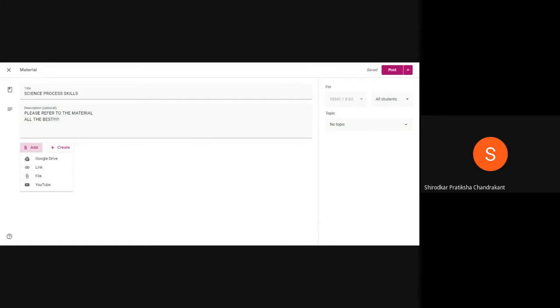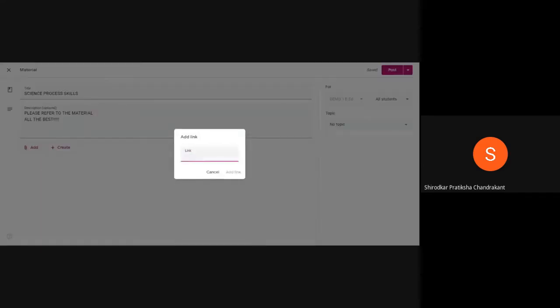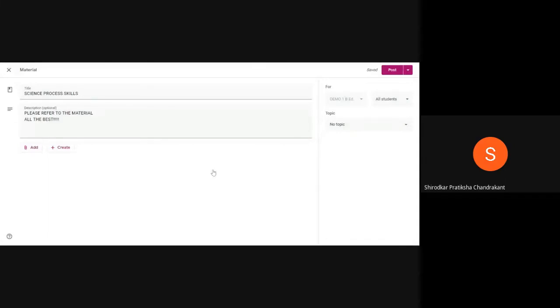Those who are familiar with the way it works will know that when you click on Google Drive, it will allow you to send a link to any material which is saved in Google Drive. When you click on Link, it will show one more tab wherein you can type in or copy and paste a link which will be added to the material that you are sending. You can also add a file.